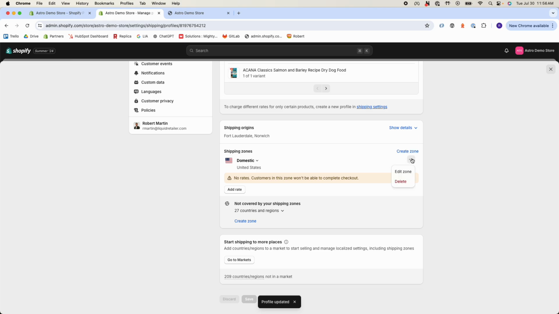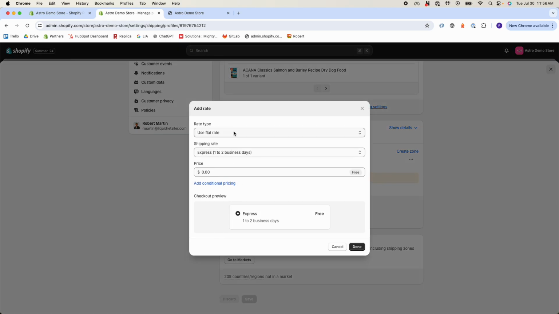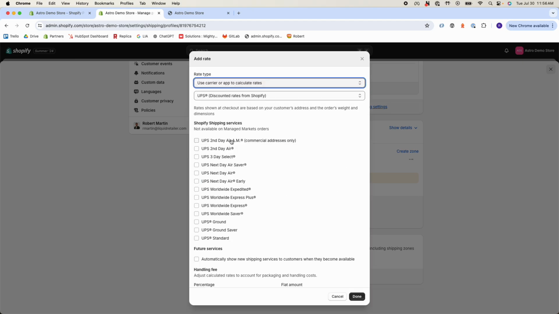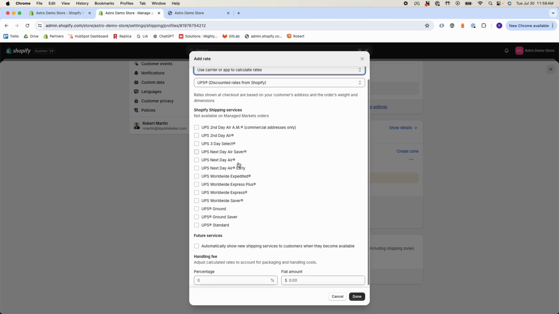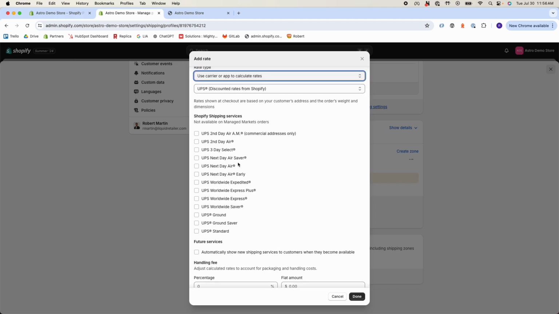Okay, let's go ahead and add our first rate. Here is where you can either tie into carrier calculated rates. If you do that, you do have to have accurate rates. If you don't have accurate weights and dimensions of your products, it's likely that you could have